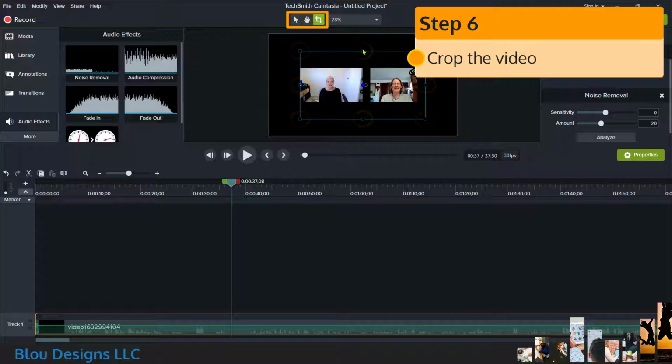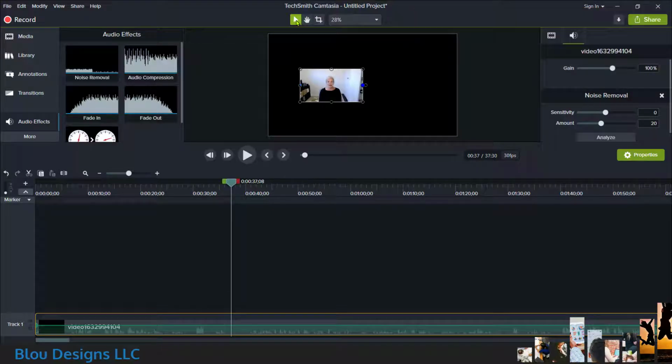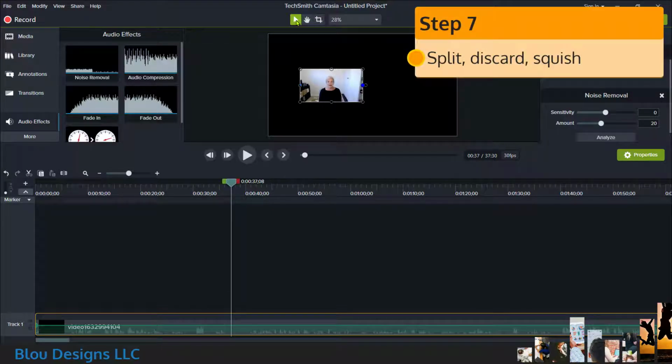And I can now drag those squares until the Zoom recording clip is only showing Ali's square. And now I'll change back to edit mode so I can drag things around at will instead of cropping them. Now it's time to select just the snippet for the marketing video, which starts around time 43:06 and ends at